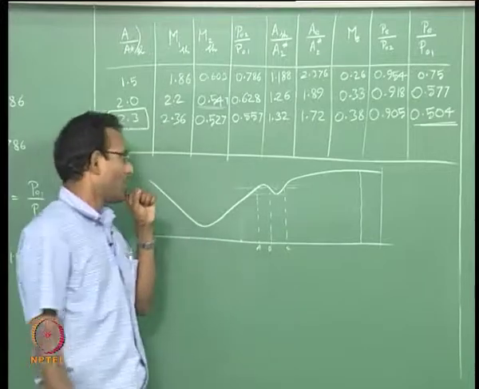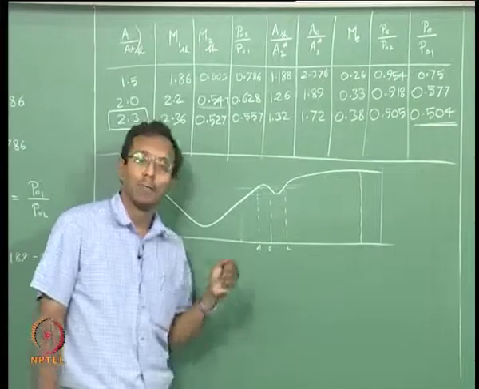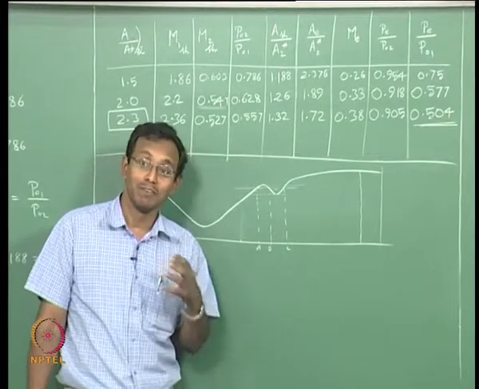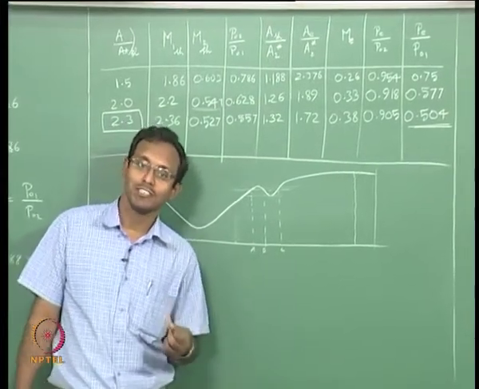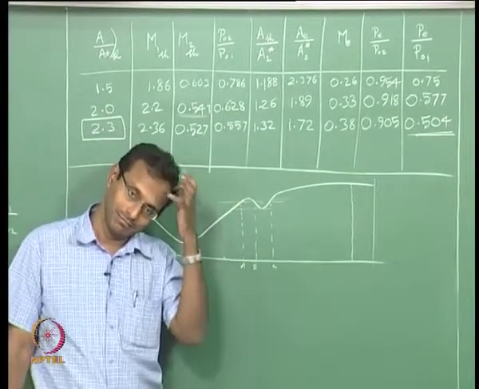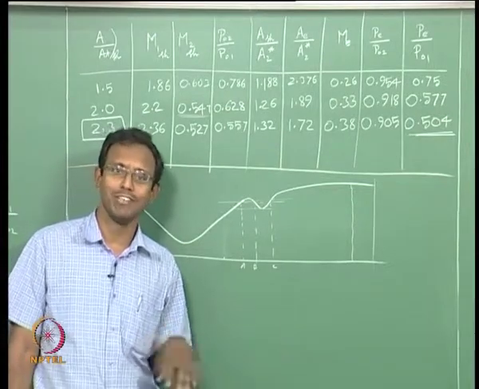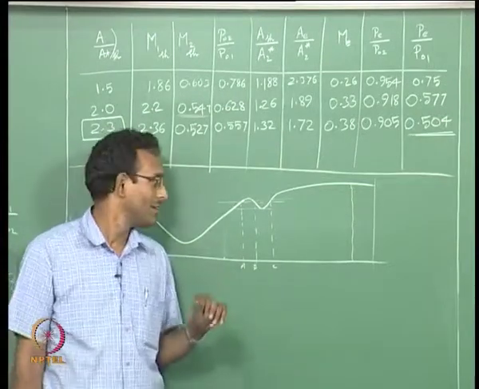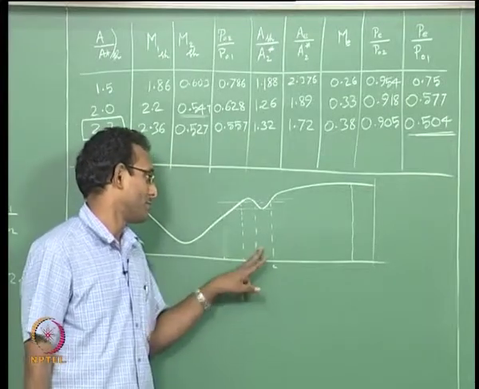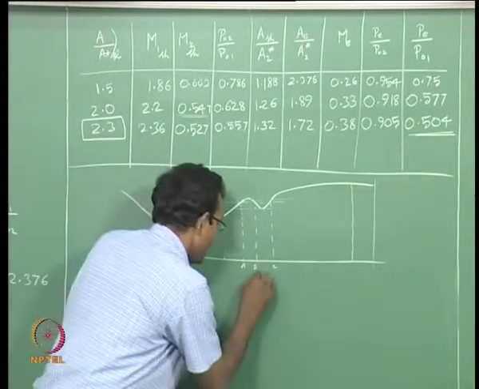Okay. Now, we have to go and think about it a little more. It so happens that shock is not stable in a convergent duct. I am giving you new information here. It can be proven and it is related to unsteady flows, we won't worry about it right now. It can be easily proven, not very difficult, but we will just say that shock is unstable in a convergent duct, which means B is not a possibility.